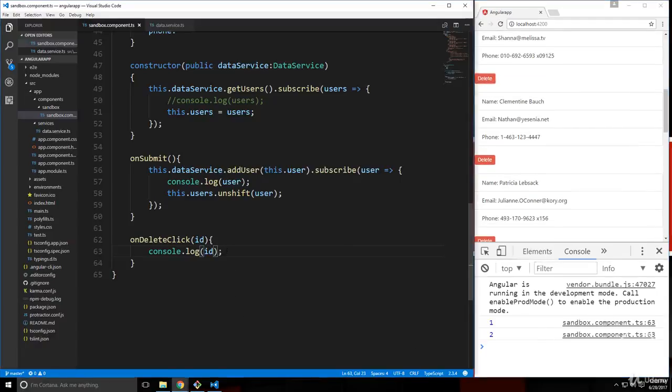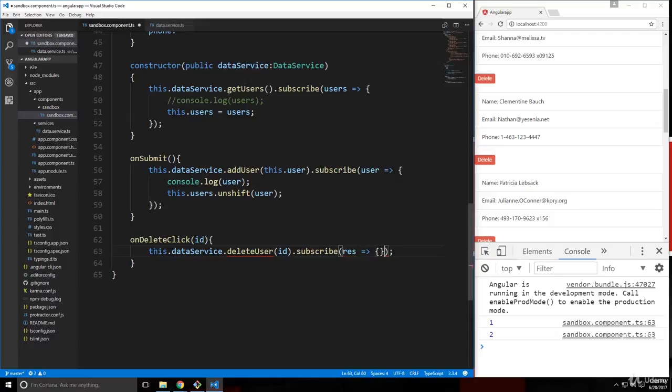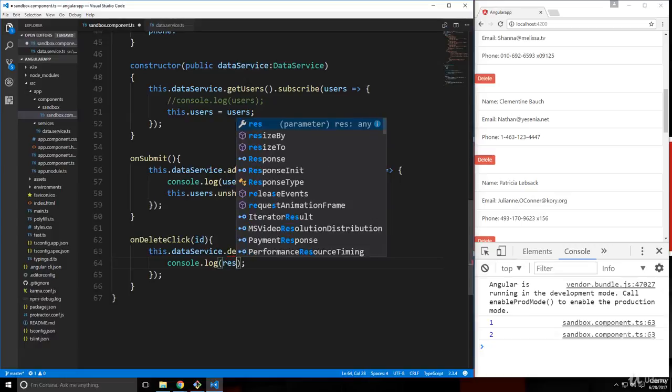So we want to be able to call a data service called deleteUser, which we haven't created yet, but we will. So let's say dataService.deleteUser, and that's going to take in the ID, and then it's going to be an observable. So we want to subscribe, and let's say res, we'll get the result, and it's going to give us back an empty object, I believe. So if we just want to say console.log res,